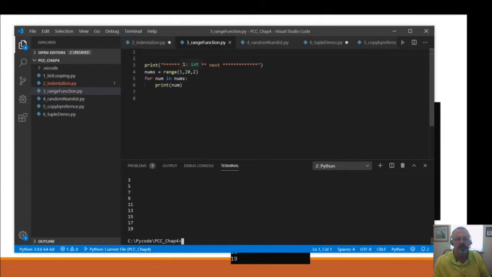Again, if we start at 0, it'd be 0, 2, 4, 6, 8, 10, you know, the usual ones we're used to counting by 2s with. Okay, so the range function, very simple, multiple values you can pass to it. The most important are the first two, the beginning and the one that is going to be the upper end of your range.